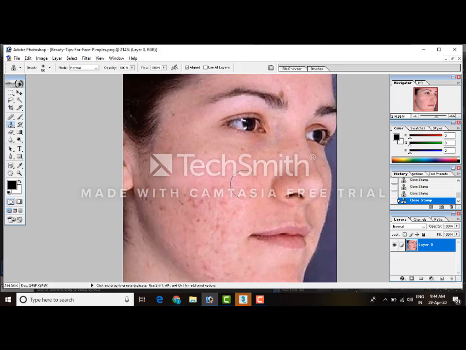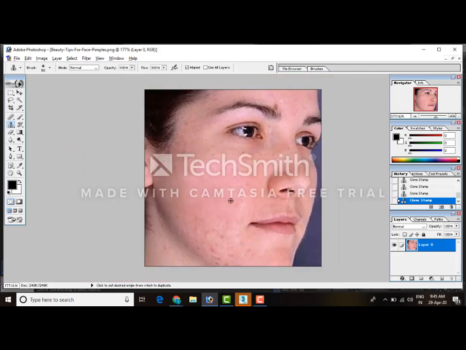Copy and paste it here. Like this. So you have to do multiple copies and multiple paste. Select a region just adjacent to that particular point which you want to remove. And this is how the face will look.